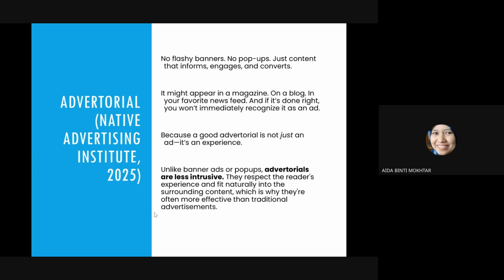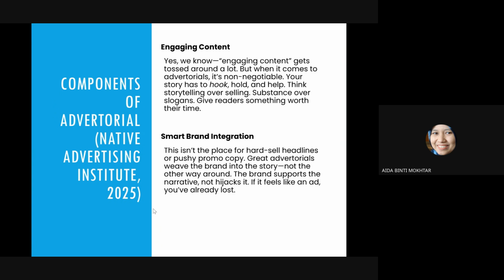So unlike banner ads or pop-ups, advertorials are less intrusive. They respect the reader's experience and fit naturally into the surrounding content, which is why they're often more effective than traditional advertisements. The components of an advertorial are: